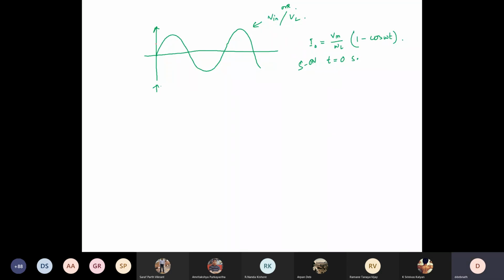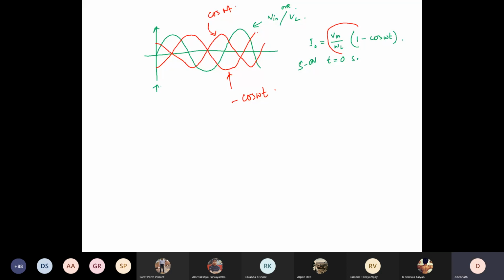If I want to draw a cos form, basically it goes like this, then this. Sorry for my poor drawing. This will be the cos version, cos omega t. Okay, and so minus cos omega t will be basically this. You get it. This could be minus cos omega t, which is basically what we want ideally, right? Plus, but you can see there is one added term.